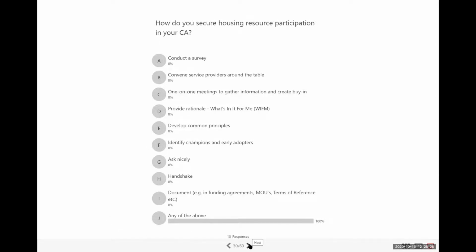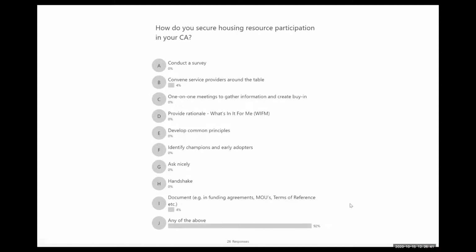Give a couple more minutes for folks to weigh in. People may be selecting specific ones, so taking a little longer to answer this question. It's a bit of a list to read through as well. So it is. It's a long one. All right. Well, let's move to the next slide to see.